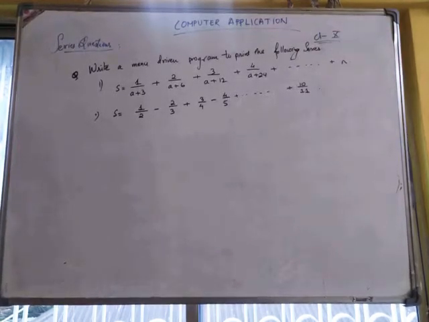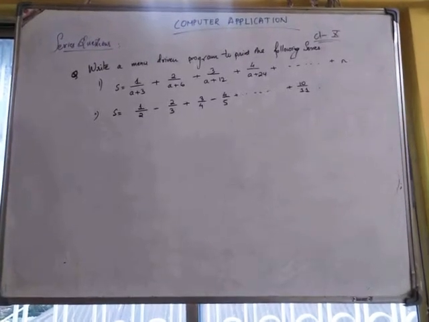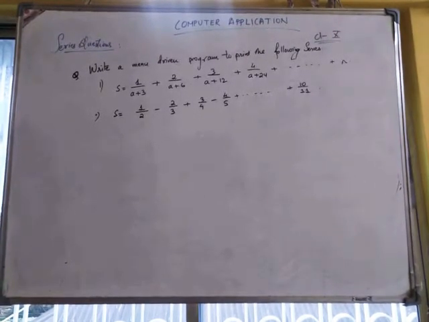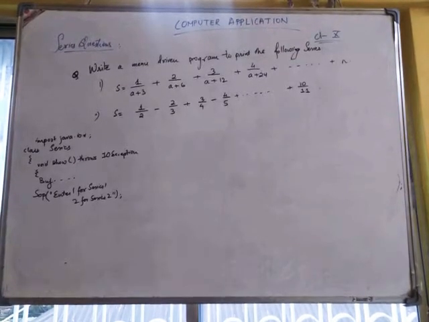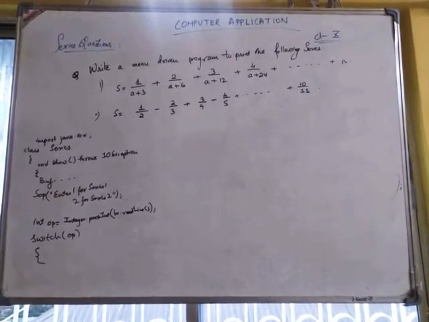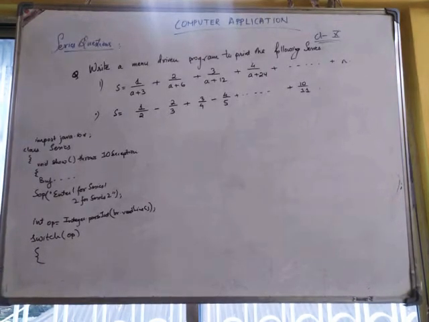So how will you do this question? First you have to write import and then BufferedReader, and then you start with the program. You start with class Series and void show throws Exception, BufferedReader, and then we will ask what series you want to print. So we have to ask: enter 1 for series 1 and enter 2 for series 2. 1 and 2 are integer values, so take int op equals Integer.parseInt. After taking the op value, we have to start switch (op). Now we are going to start this switch case.